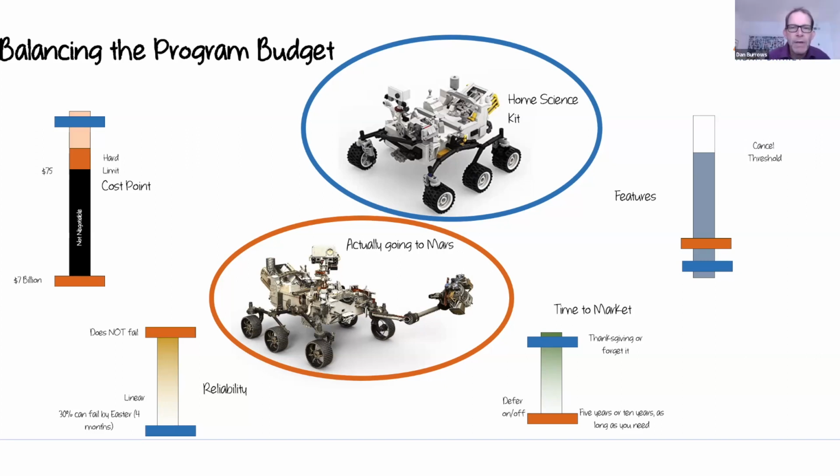Well, your 2 applications, your home science kit and your going to Mars, it's really the definition of what success is. And those ratios, you balance those ratios to target the success that you're looking for. Yeah, that's actually really interesting to define. I didn't mention that, and I should include that in the description. It's a good point, Dan,